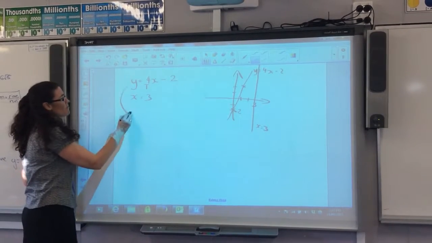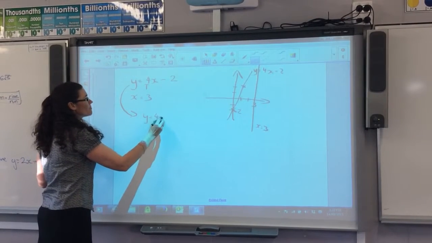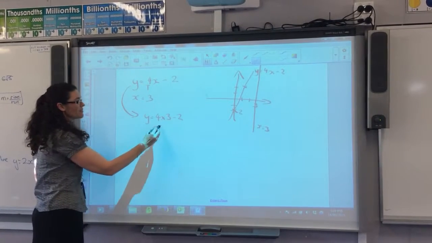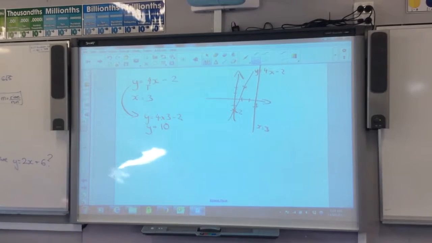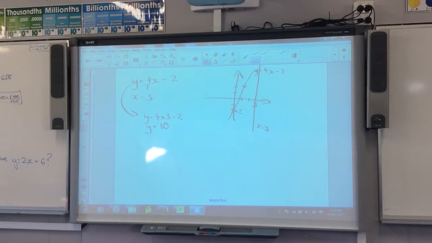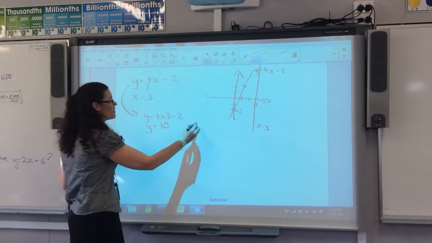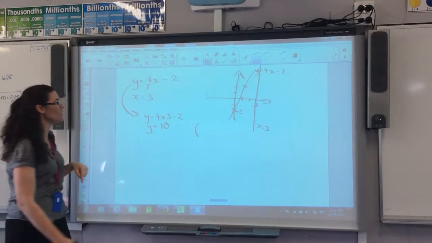So in this one, what does this give me? 12 minus 2, 10. So if I had drawn my graph beautifully, I could have seen that it crossed at 10. So the point where they're simultaneously true, the only point where both this equation and this equation is true